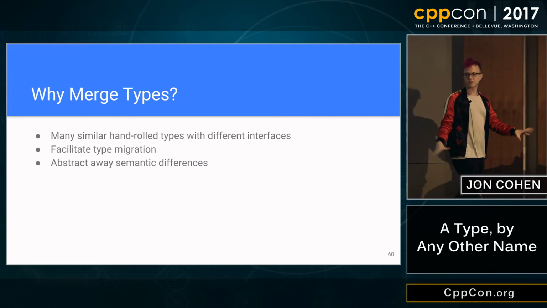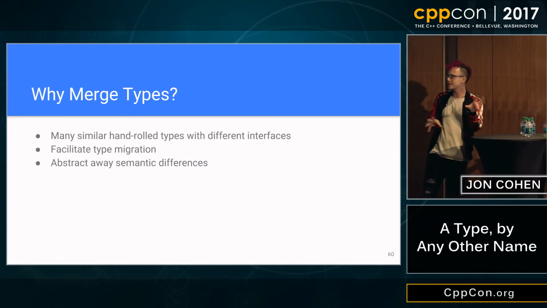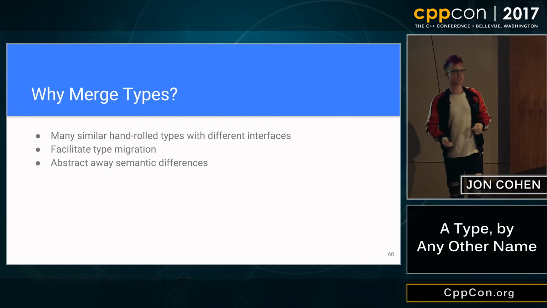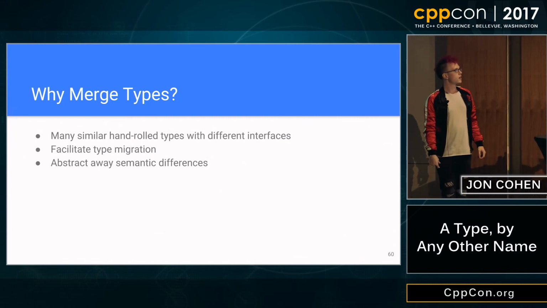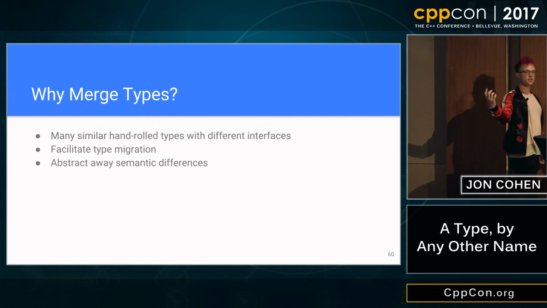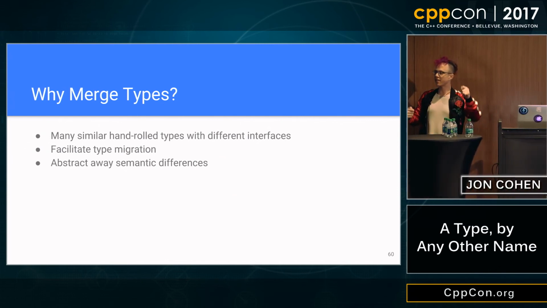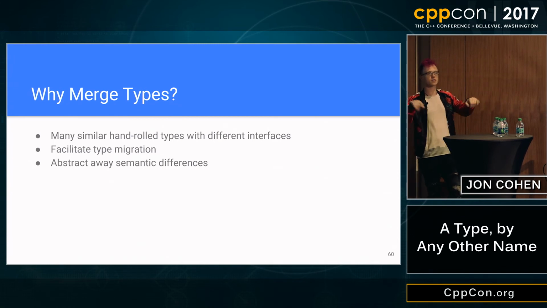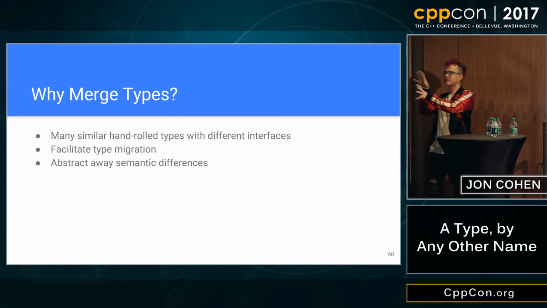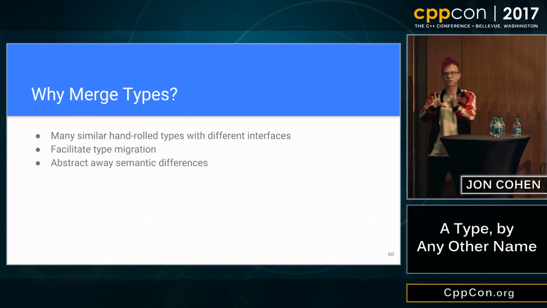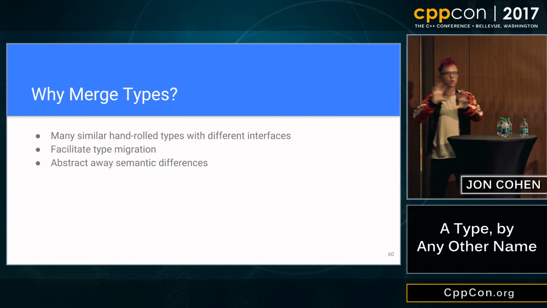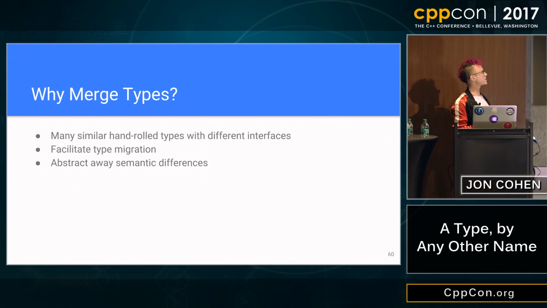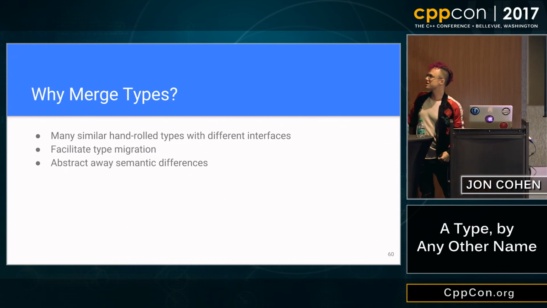It's very often that disparate parts of a code base will write kind of the same thing in a lot of different places with kind of the same semantics, but just different ways of spelling the same thing. You can write one central type in your central location, create the thing that's going to exist after you clean them up, and then internally shovel off to different implementations and then just fix these guys over here and these guys over here instead of having to do a bunch of wholesale migrations. And the first two bullet points are kind of the same thing. You can also abstract away semantic differences.